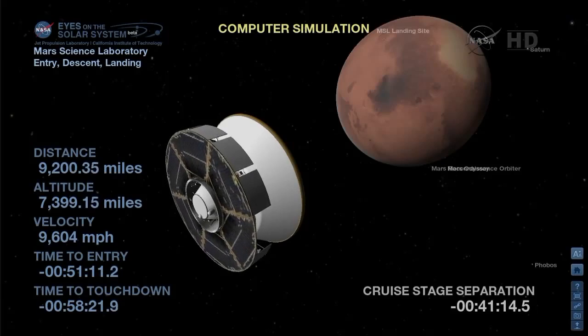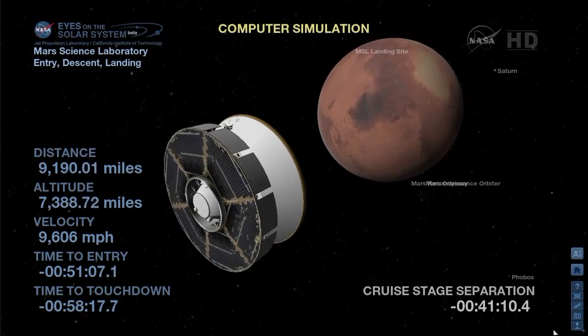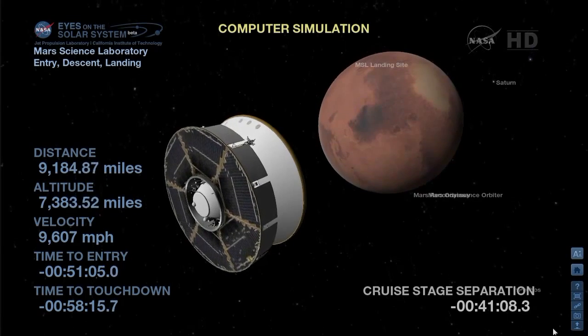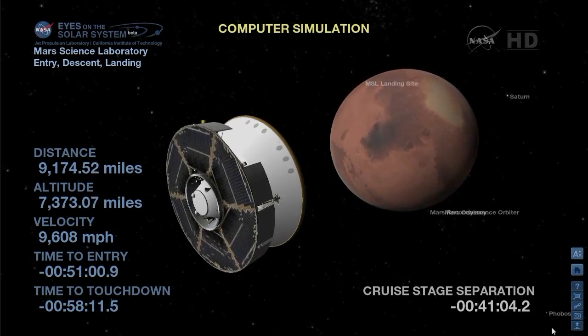And while I have a moment, I'd like to show you two visualizations we'll be using during our landing coverage. One of them is what we talked about just a little bit earlier. It's Eyes on the Solar System, which is a computerized simulation using predicted data to illustrate mission activities. It gives you a sense of what things will look like from different vantage points, including the view from the spacecraft, from the surface, and more in real time. You can ride along with us to Gale Crater, in fact, using Eyes on the Solar System on your own